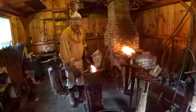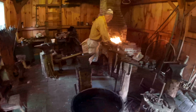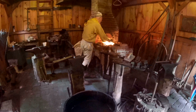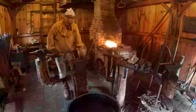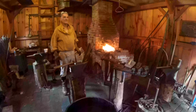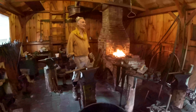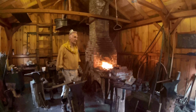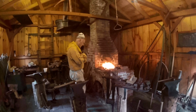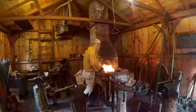I'm going to try and cut that off with the hot chisel. That probably gets pretty intense. Well, there's going to be a piece that shoots off the end. And if I set someone on fire, they get mad. You know how it is. But yeah, I can make a nail, which I'm not meaning to brag,